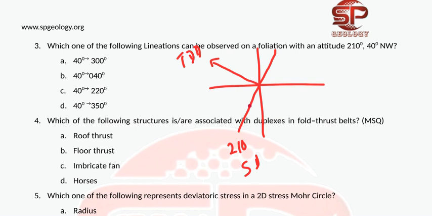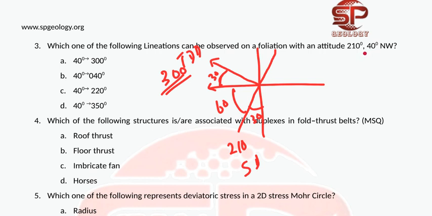If it is 210, it will be 30, will be 60, will be 30. 30 means the bearing will be here. So the dip direction will be 270 plus 30, 300. So 300 will be the true dip direction. So in this direction,